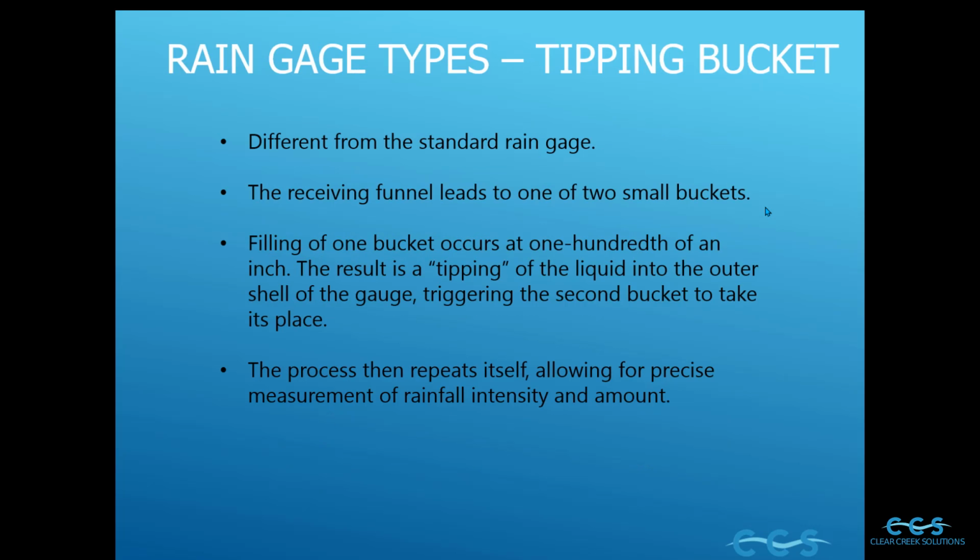area. Another one is a tipping bucket, and this is a pretty common rain gauge that is used. So it is different from the standard rain gauge. We've got two smaller buckets here, and what's happening is one is filled up, and then when it's finally filled up enough, it's going to tip and empty the liquid into an outer shell, and then the second bucket is going to sort of take its place. And so the process repeats itself, and so we don't just have one bucket that can get overflowed. The two buckets are working together to try and capture all of the water that is raining on the project